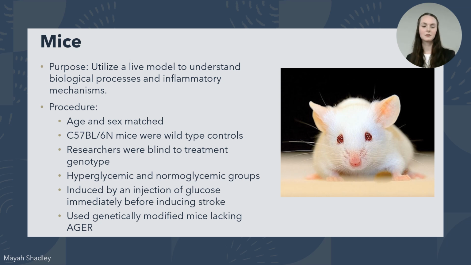You're going to be looking at the mice under experimentation with the middle cerebral artery occlusion, which I will talk about more with the stroke model. But first of all, the purpose of using mice is to have a live model to be able to observe these biological processes, specifically with the inflammation. And so first of all, in the process, we wanted to separate these into groups, or the researchers did. And so this meant age and sex matching them, as well as doing wild type and